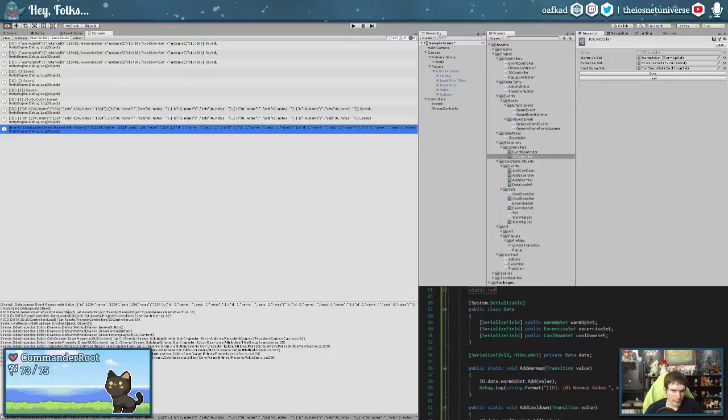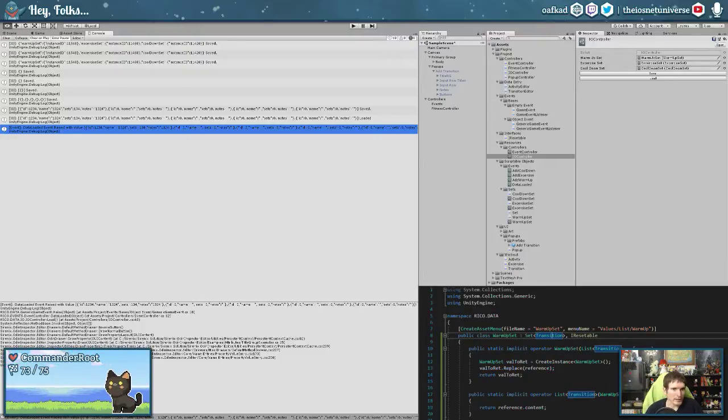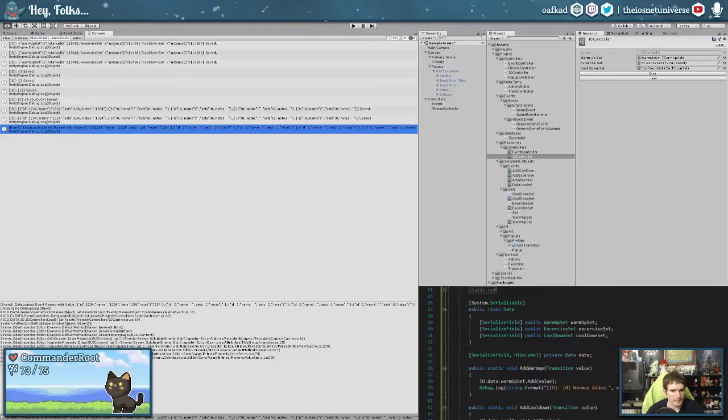Now, I thought that by implicitly grabbing these as lists, when you look at them, they will return the contents. But it looks like that is not the case. And I find that incredibly unfortunate, but not altogether surprising.